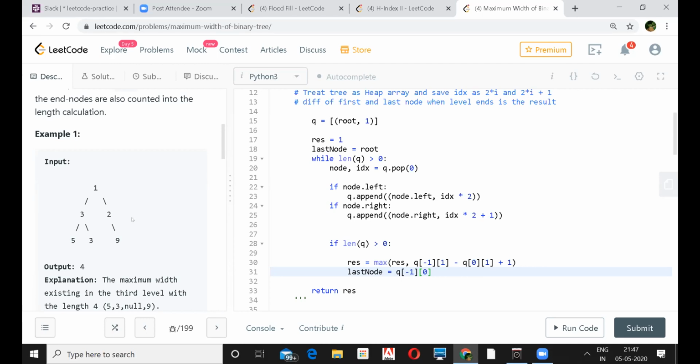But at each level, you only need to keep track of 2 values, right? The extreme left and the extreme right. Yeah. And take the difference of them. But you're doing recursive DFS?